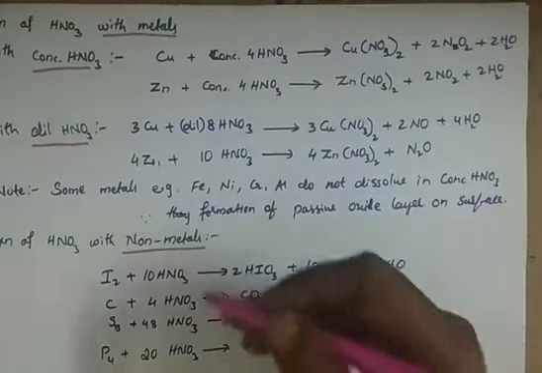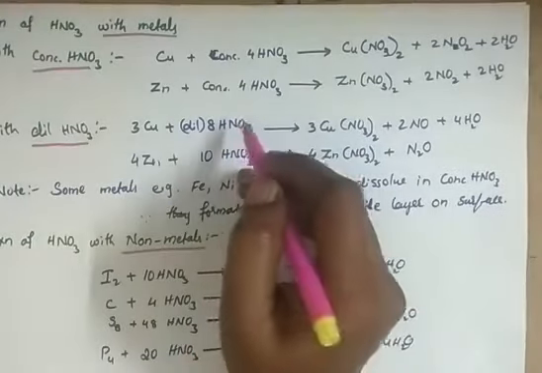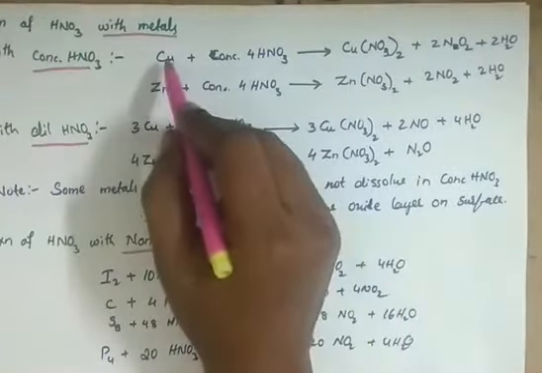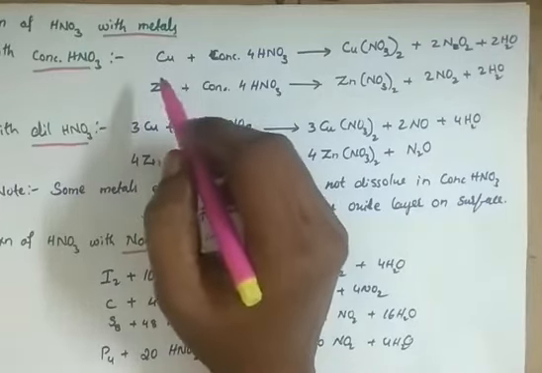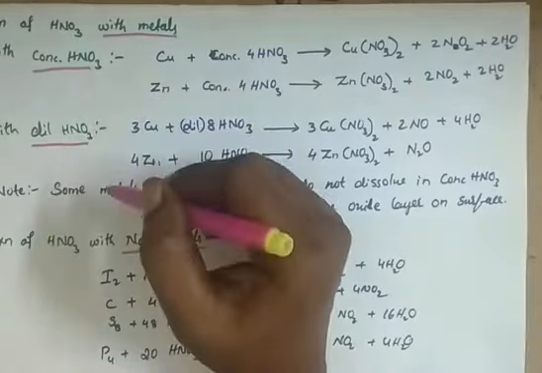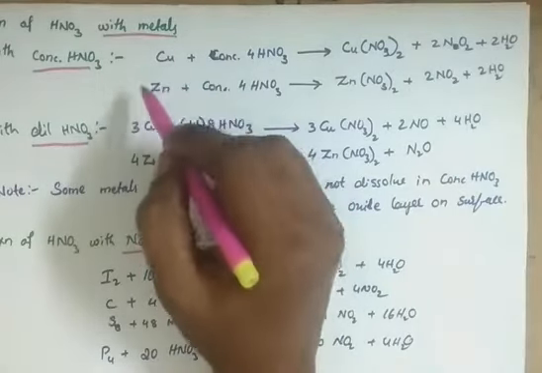All are the same, simple. No need to bother. There are so many reactions, how to remember them all? No, it's very simple. Look at the metals. Copper is a metal, right? Copper, zinc, sodium, potassium. Sodium, potassium, lithium are the first and second group elements. But copper and zinc are metals of the d block elements.